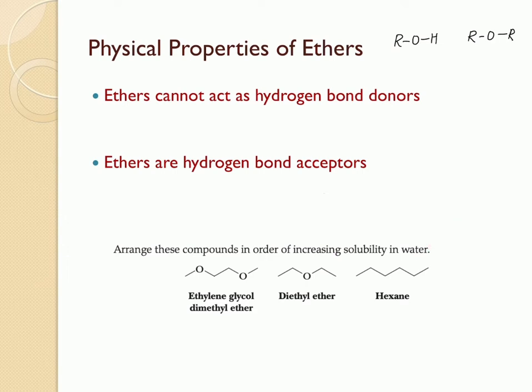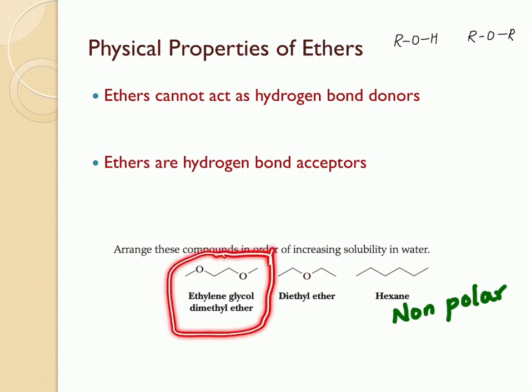Or miscible in water. Okay, we know that hexane is a non-polar compound because you can see that there are no electronegative atoms on it. So this as such is going to be non-polar. Okay, coming to the next compound, diethyl ether. Diethyl ether is a polar compound, but you can see that there is only one oxygen on it compared to two oxygens in ethylene glycol. And therefore, this should be the most polar compound,